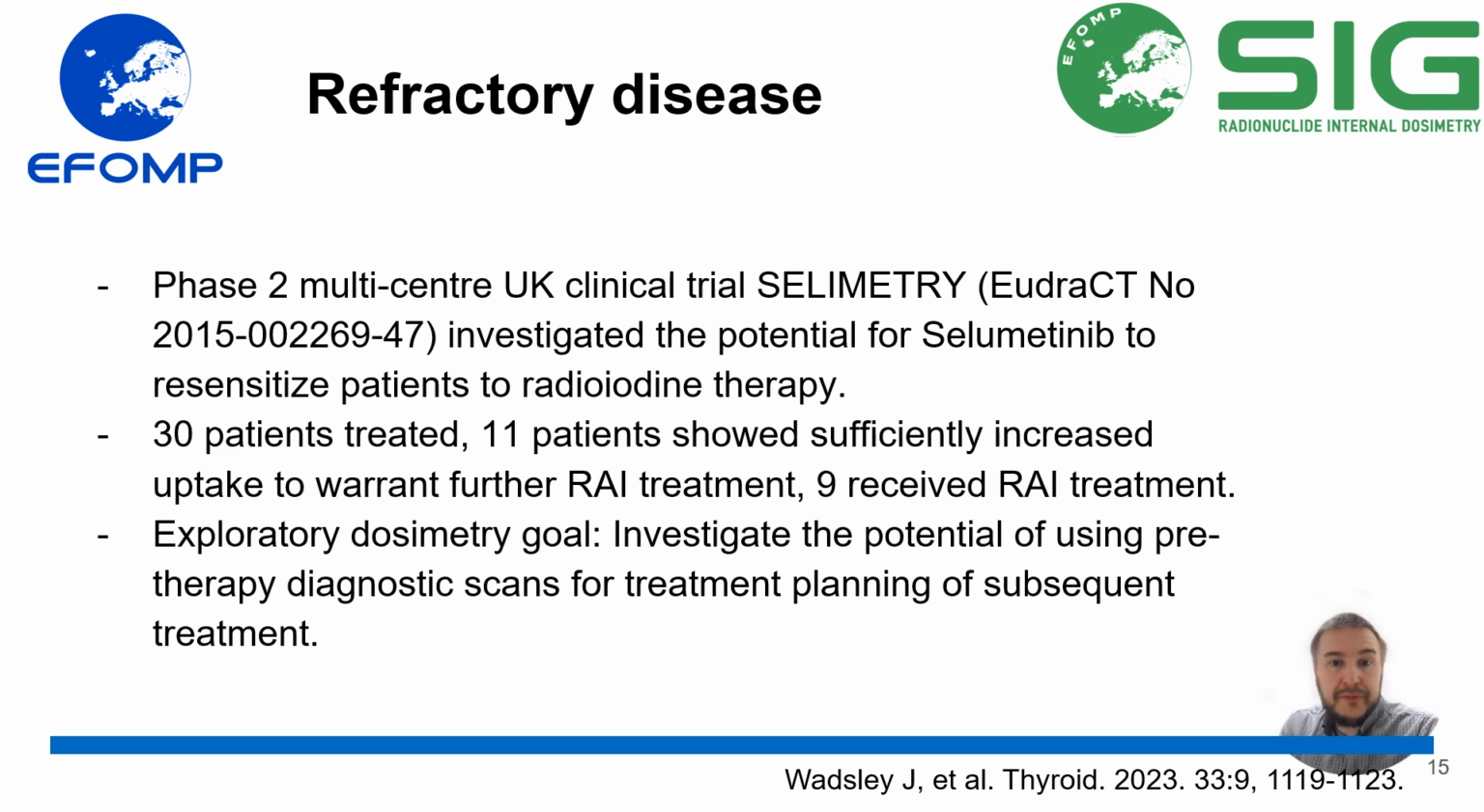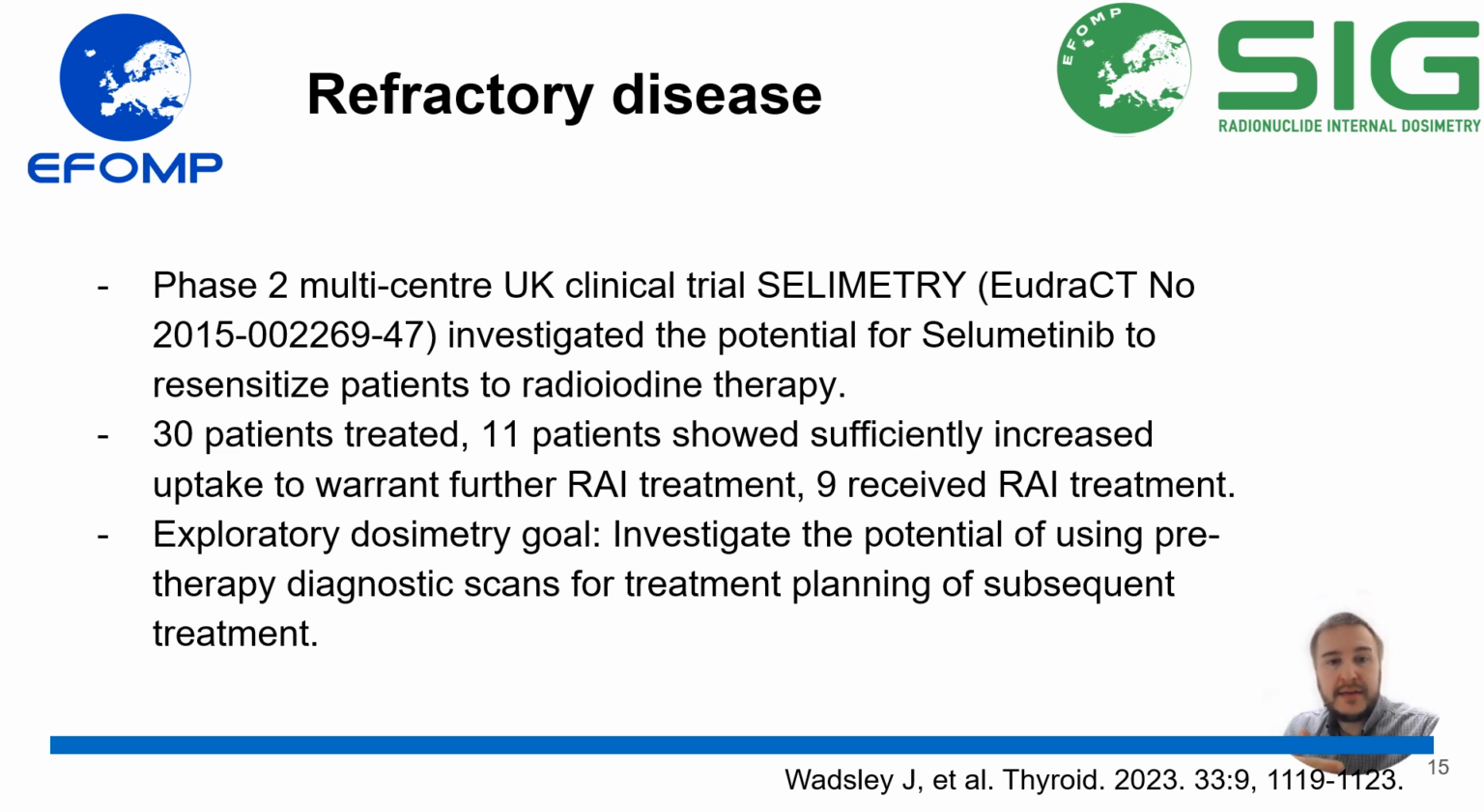Another area where we've looked at dosimetry for thyroid cancer patients is in refractory disease. Lots of our thyroid cancer patients, once they have become metastatic, will be given radioiodine over and over again, and the majority of those patients will eventually become refractory to the iodine, so the disease evolves so much that it doesn't take up any iodine anymore. So there are a couple of studies out there that have looked at